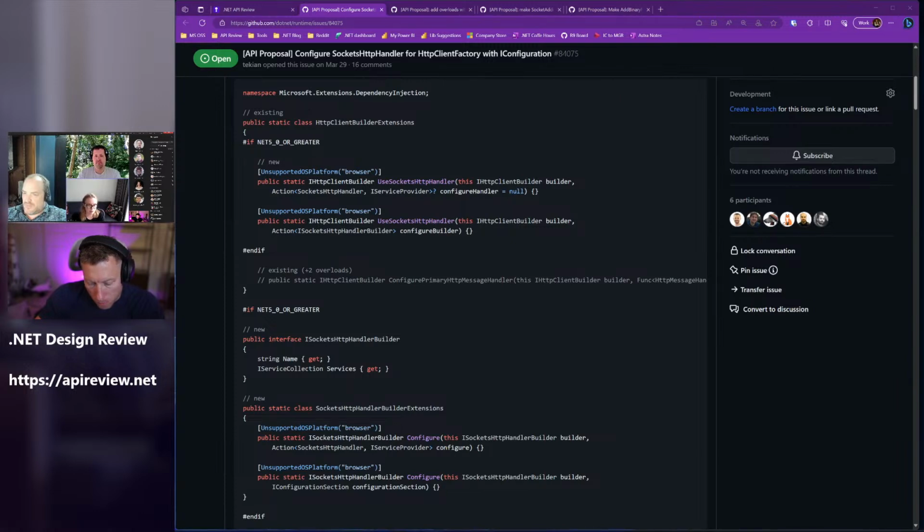There's been an investigation by the extensions team to learn which are the most used patterns by users who use HTTP Client Factory, and it has shown that a lot of people who use the factory on .NET 5+ use Socket HTTP Handler. And also there's been an ask to be able to configure Socket HTTP Handler via IConfiguration,